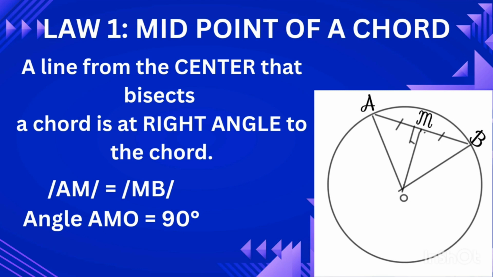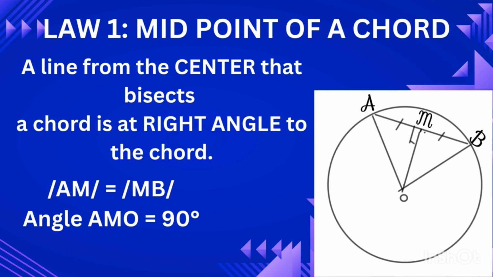So the midpoint of a chord. In your right hand you can see a circle with center O, chord AB, line OM perpendicular to AB. M is the midpoint. So law number 1, the midpoint of a chord. The law says that a straight line drawn from the center of a circle to bisect a chord meets the chord at